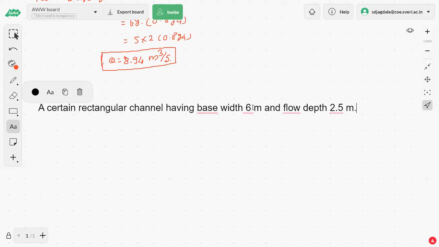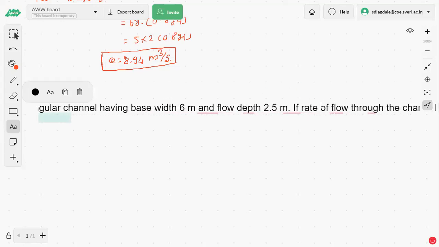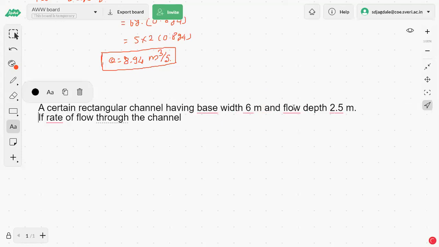If the rate of flow through the channel is 20 meter cube per second, and Chezy's constant C is equal to 50,